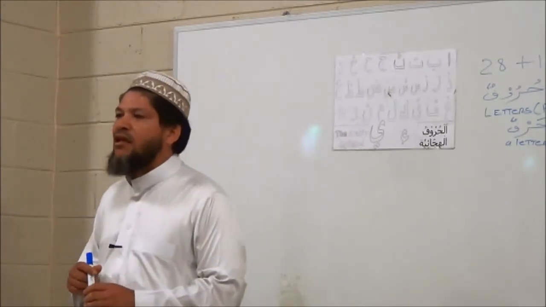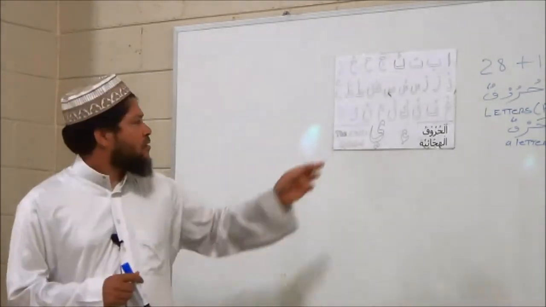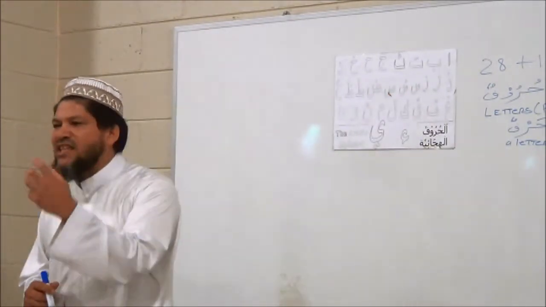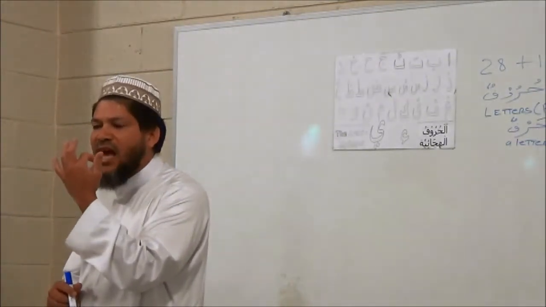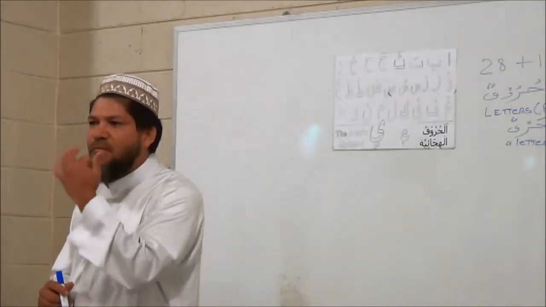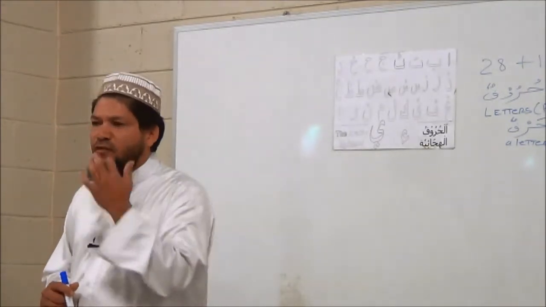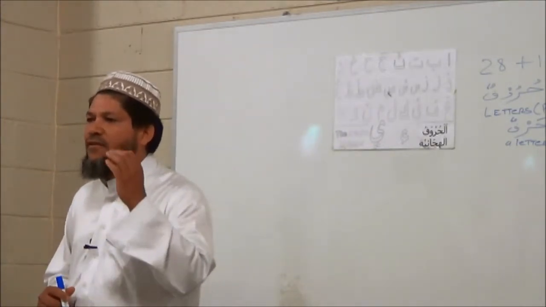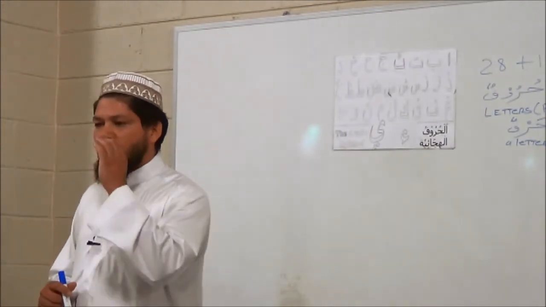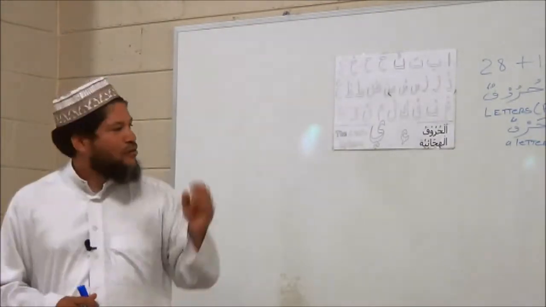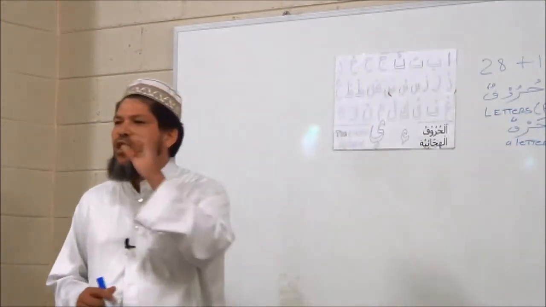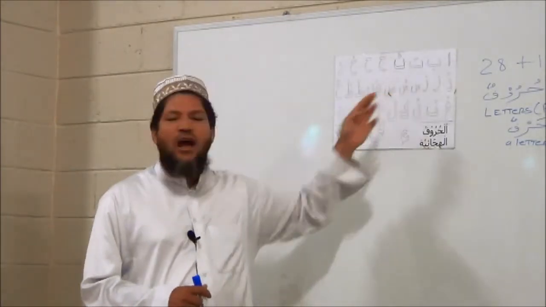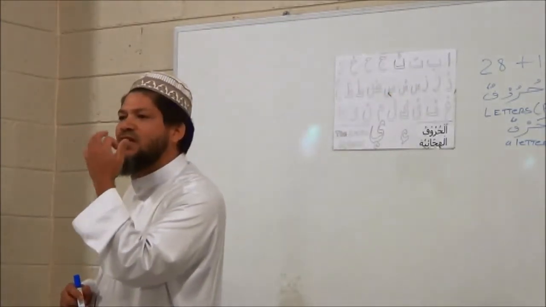Sad. Sin and sad, more or less the same makhraj. Tip of the tongue is now going to the bottom part of the mouth, these teeth at the bottom here. For example, Sin, Sad. You can hear in the sin and the sad, it's almost like a whistling. As for our Sheen, this letter is on the middle part of the tongue.